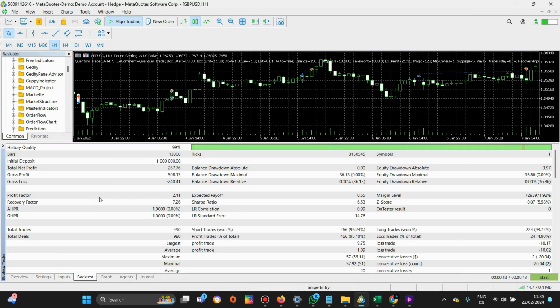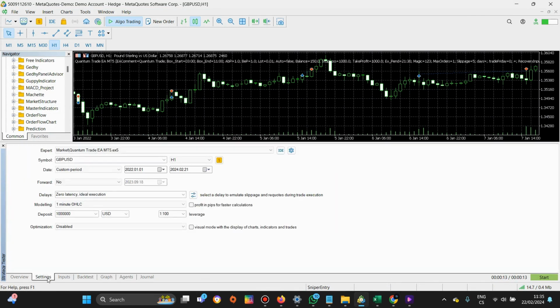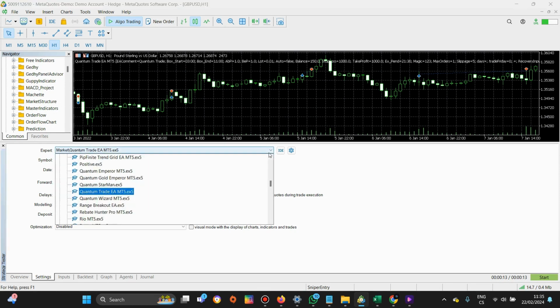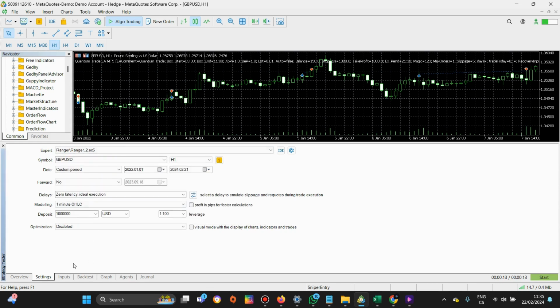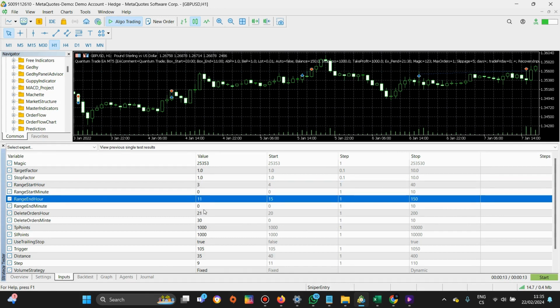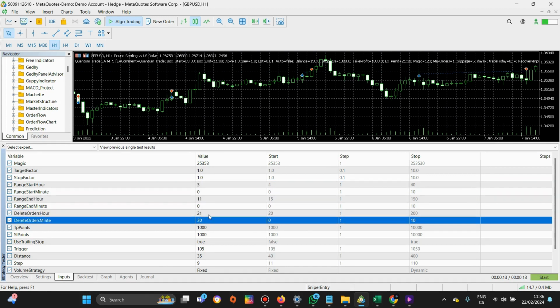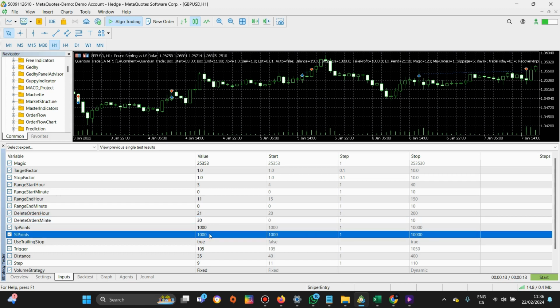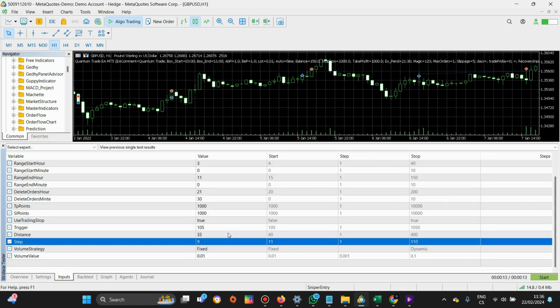As I said before, after seeing how this EA works, I thought to myself that I would create exactly the same EA, and so I did. It is right here. It works the same way. You have your start hour, end hour, when you want to delete pending positions, the initial take profit, initial stop loss, and the trailing stop settings that the Bogdan or Quantum EA uses.